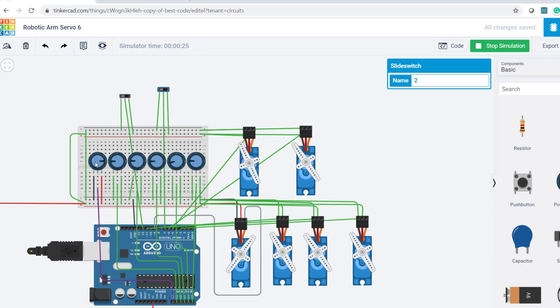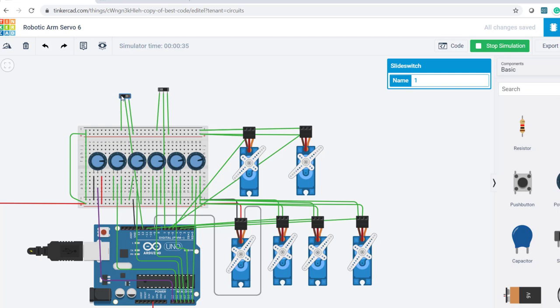Now let us have a recording. Let us record different motions of all the servos. So let us turn on the record button. Now all the servos are at some angles. Let us make all the servos go to this angle by turning the potentiometers. You can turn accordingly based on your need. So I am turning in some manner. So it is recorded completely.